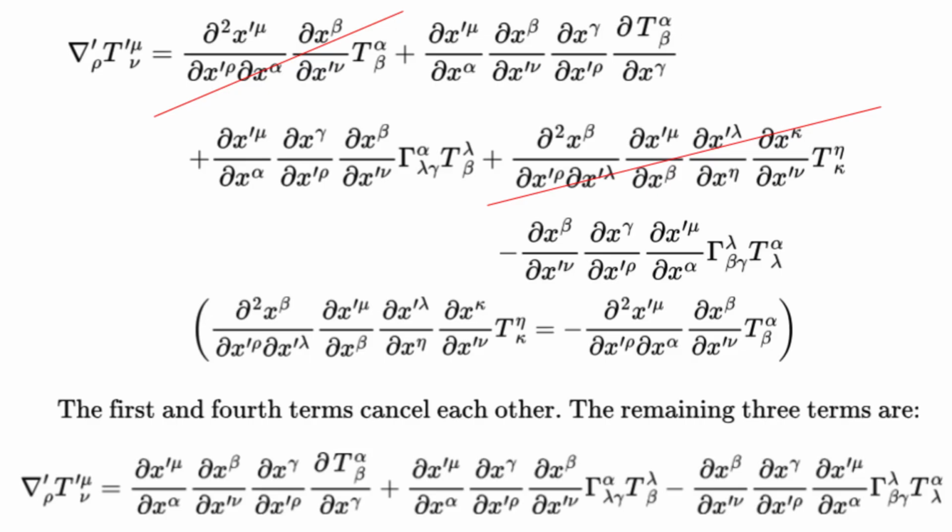The first and fourth terms cancel each other. The remaining 3 terms are